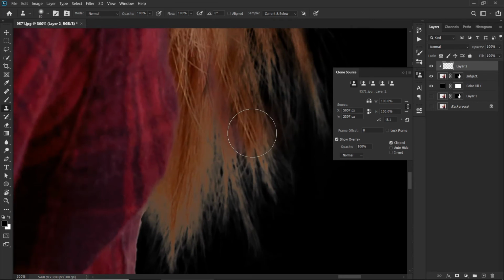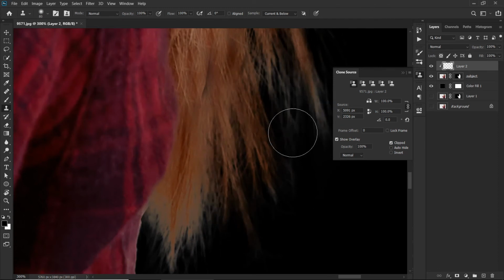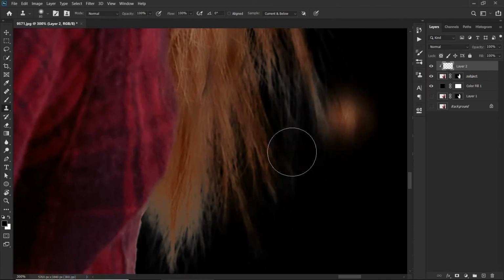Yeah, see, now our hair strands are matching, and simply just paint over it. Now for this video I am not going to refine it that much because it's just for demonstration purpose. You can take a lot of time of yours and improve your selection as you want. Okay, that looks great.